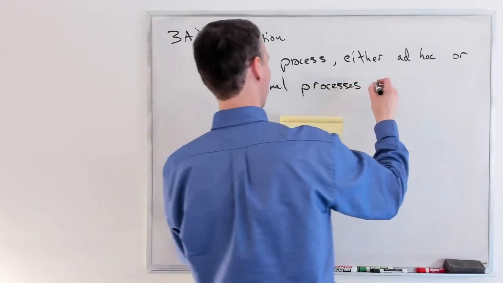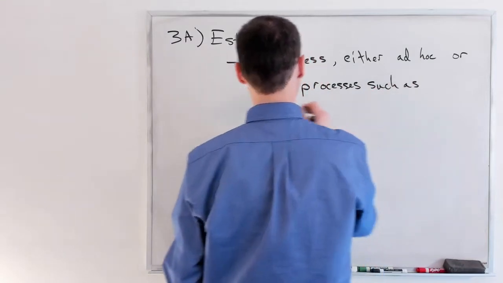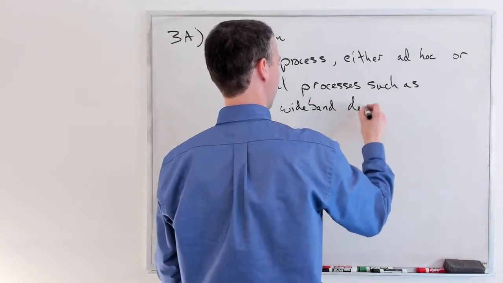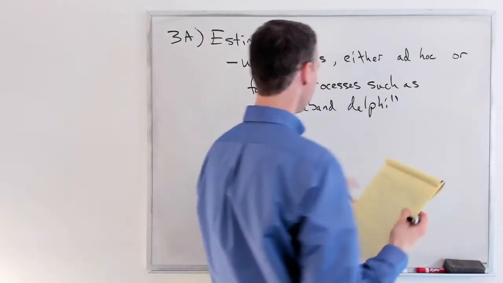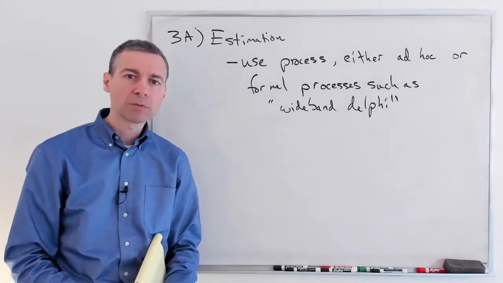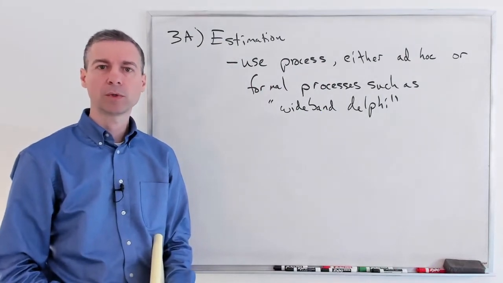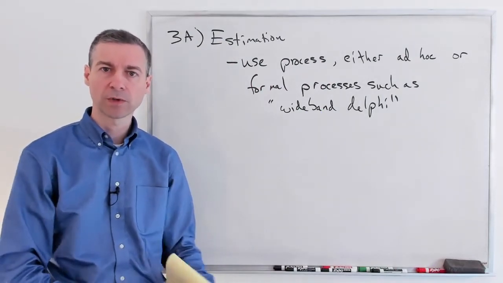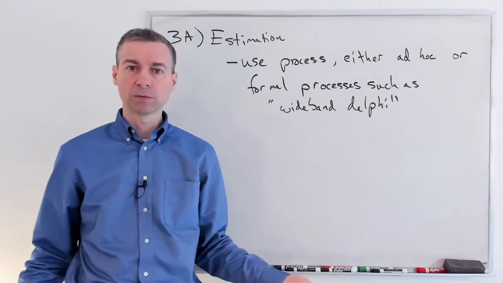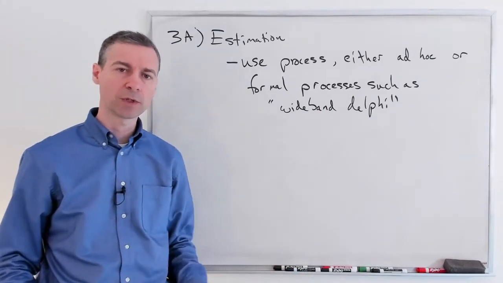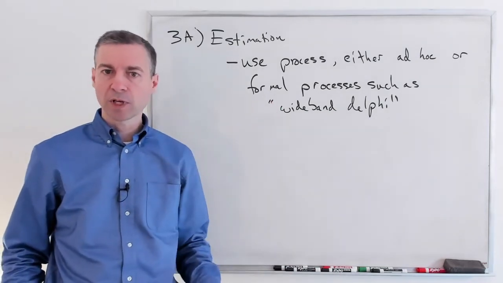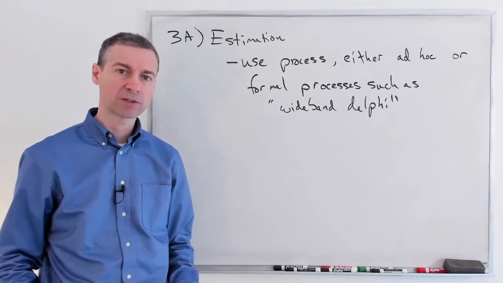They talk about this in the book, such as they describe one called wideband Delphi. Now, the interesting thing, when you read about the details of how this wideband Delphi process works, it is extremely similar to what we do when we do planning poker and other estimation of story sizes. You bring a bunch of people into the room who are knowledgeable about software, would be working on the project and so forth. You have them try to estimate all the major portions to the project and the software,